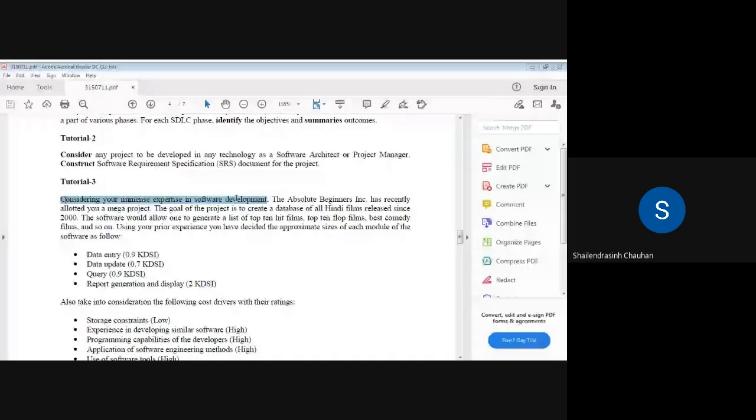And the scenario is given to you: considering your immense expertise in software development. Using this line, what you can say? So first of all, we'll try to understand the basic things.